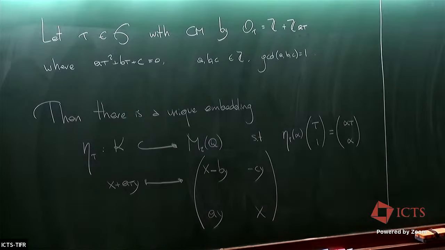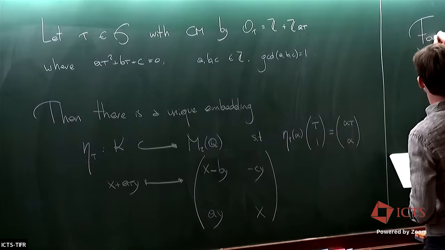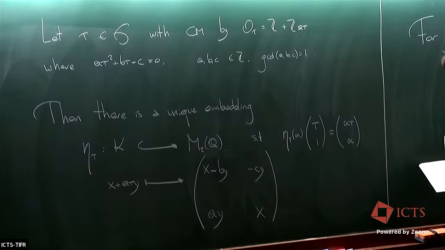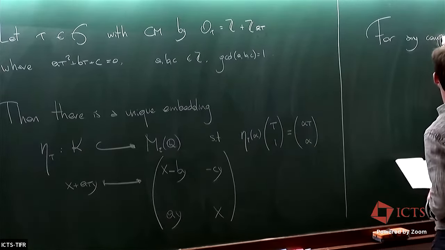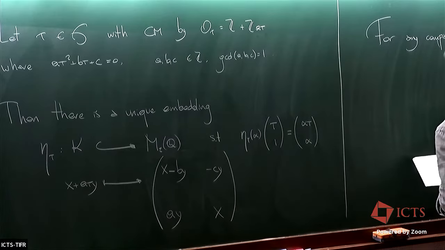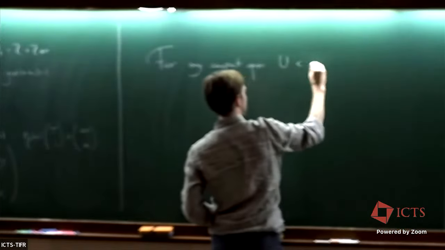All right, so we're still on the upper half plane. We haven't really done much with modular curves. I've just associated this mysterious embedding to a CM point in the upper half plane. What am I going to do with this embedding? Well, now I'm going to take any compact open U